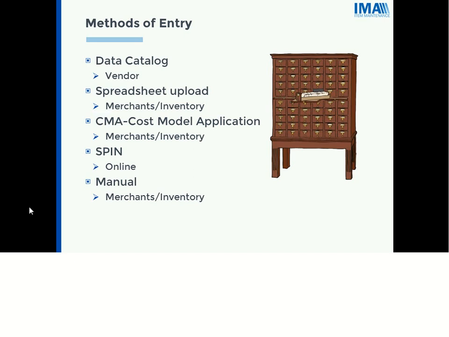For those vendors that do build mixed and assorted cartons, you will have to build your items manually. There are some drawbacks to that because it can take more time to do your item. So we will talk a bit more about that today and some tomorrow as well, as far as what your options are for learning how to do the manual setup. And then finally, we have spin. If an item is going to be exclusively online, it has to be set up in spin, and then it will backfeed into IMA. So those are the different methods of entry for IMA.